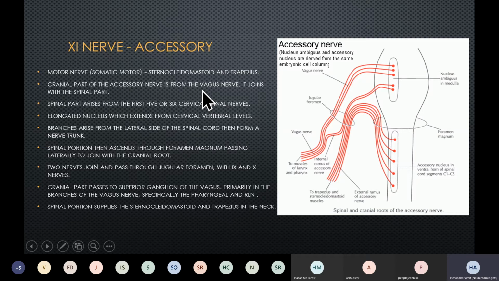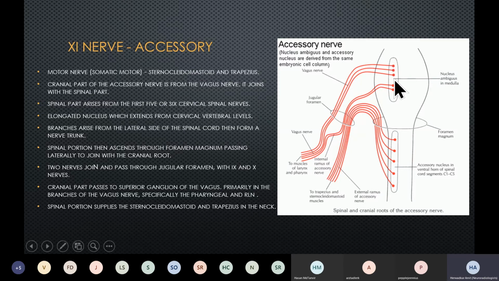But it's a very interesting nerve. It not only does that, it also gives rise to some fibers which join up with the vagus nerve. And because it joins up with the vagus nerve, it has to share a common nucleus. And the nucleus it shares is the nucleus ambiguus. So the nucleus ambiguus shares, you'll realize from the facial nerve, it was a nucleus